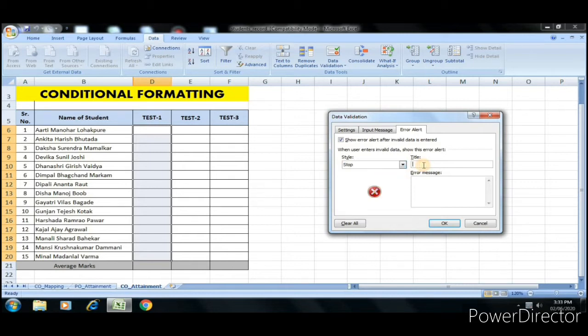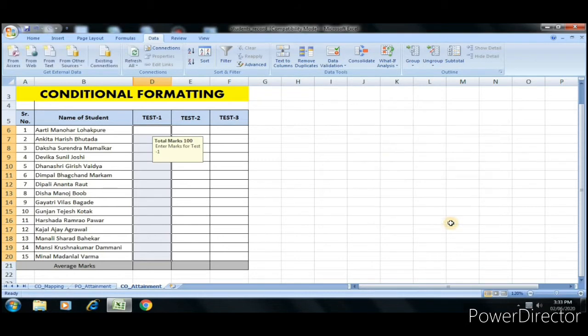The stop style restricts the invalid entry. It does not allow it in any case. We have set the title as marks must be integer and the error message as enter correct marks, and click on OK.